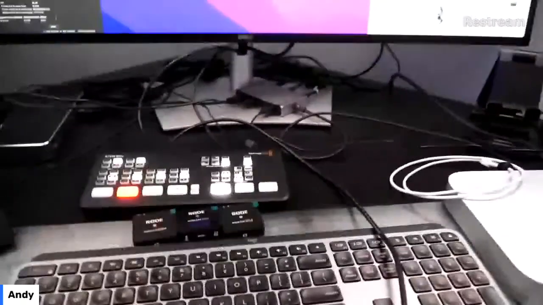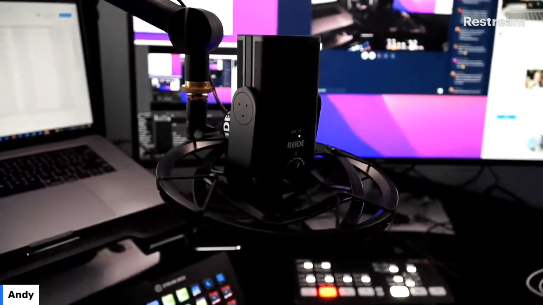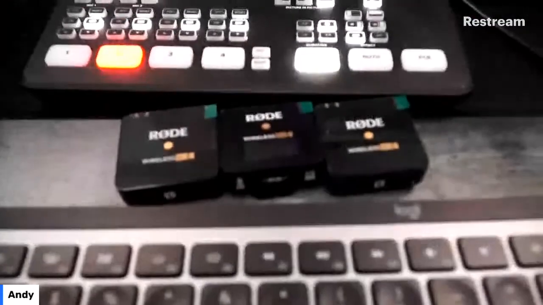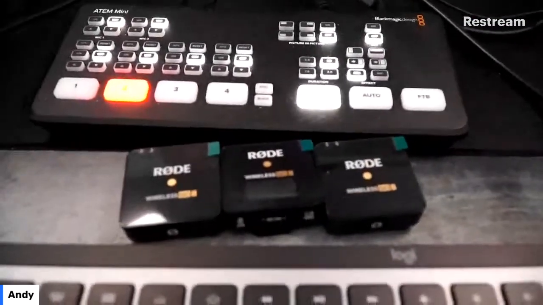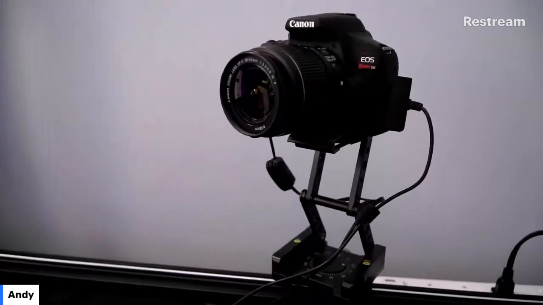That's the previous version. And that's the main part of it. There's the Rode NT USB Mini USB microphone, and I've also got the Rode Wireless Go that I use occasionally.